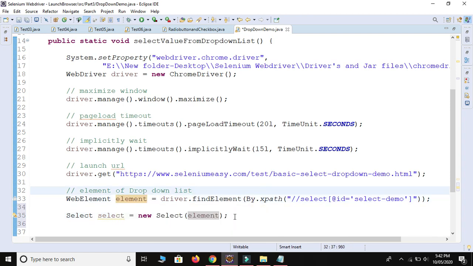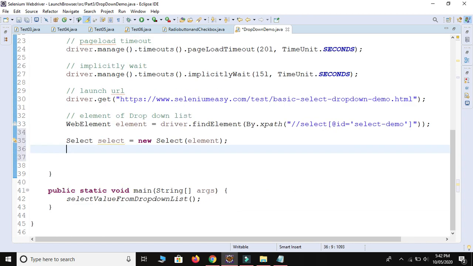Okay, so the Select class provides three methods to select a value from the drop down. This element is a drop down because it contains the properties of a drop down. The Select class comes with three different methods to select the value from the list. So let's start with the first method.